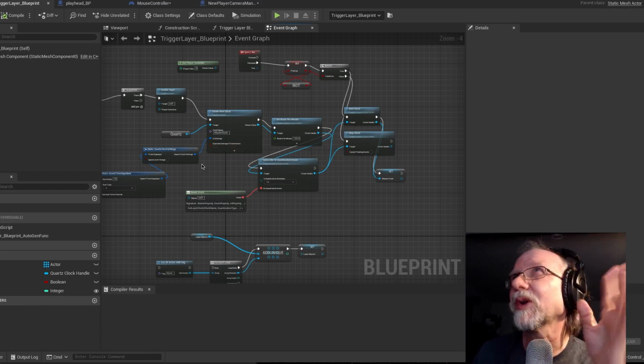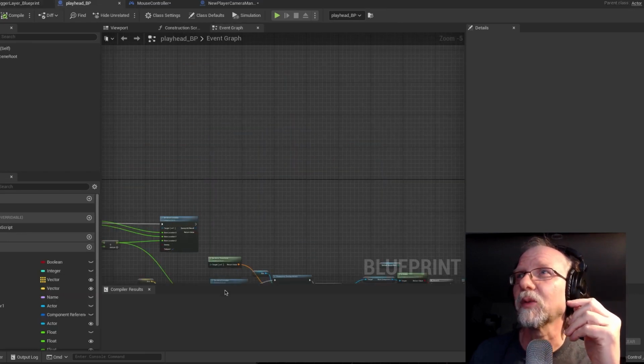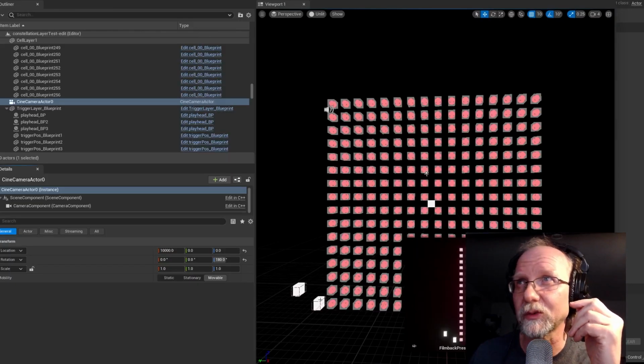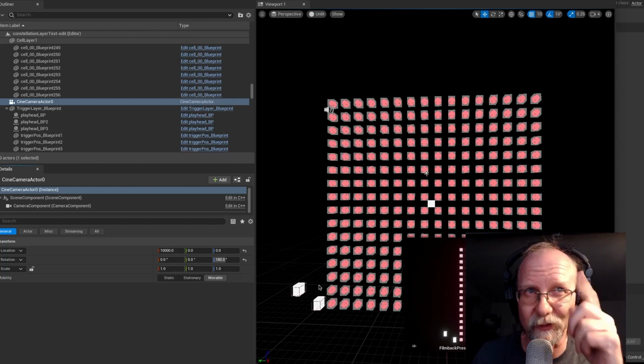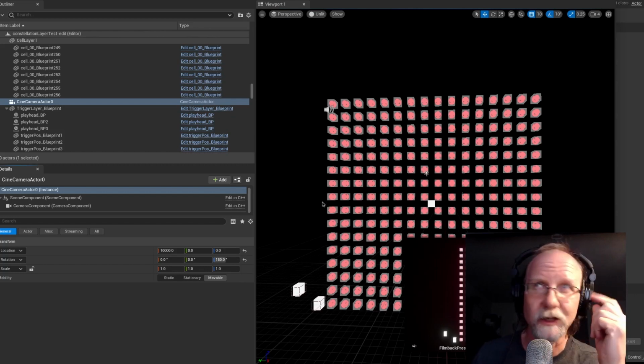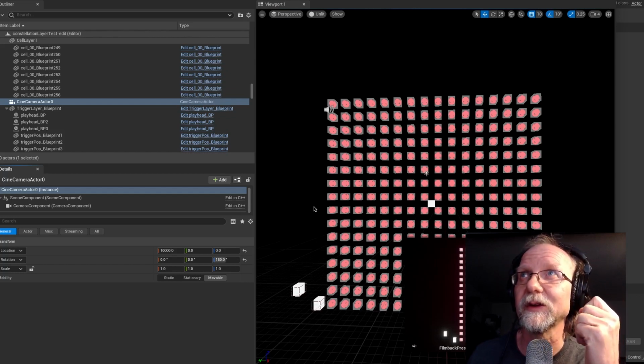Now, before we get too heavily into that, I do want to talk about a couple of cool things that I did with the playhead. What I wanted to do was make sure that when I had playheads, they would automatically put themselves at the right vertical position. Vertical, by the way, in Unreal is Z, right? So Z position, basically. The idea is that they'd all be spaced up a certain